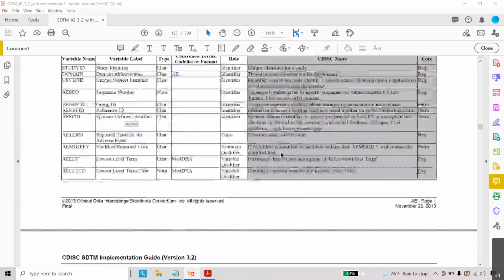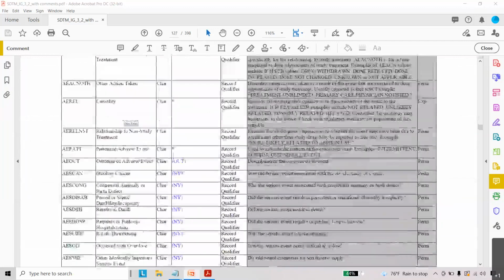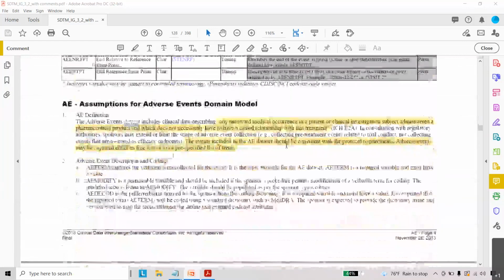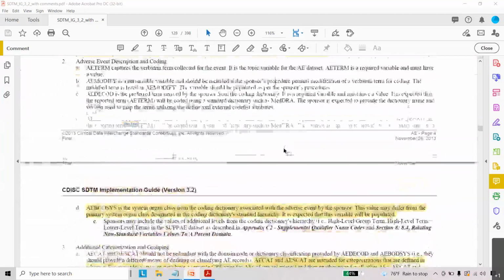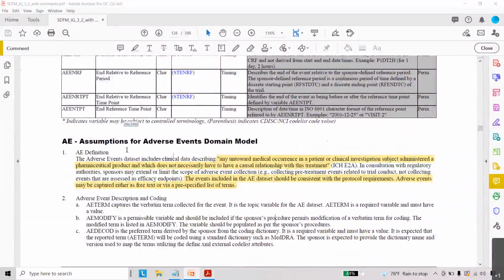You can see the exact definition as per the ICH guidelines here for the adverse event. It is any untoward medical occurrence in a patient or subject participating in a clinical investigation who is administered a pharmaceutical product, and which does not necessarily have a causal relationship with this treatment.